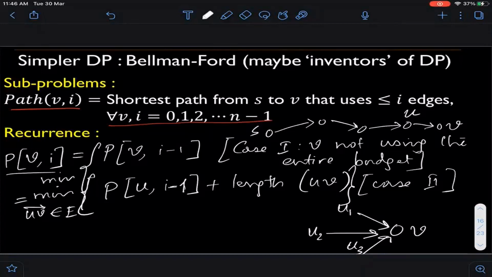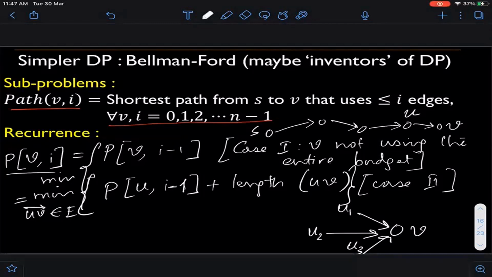Right? Okay? So now I have been able to effectively write a proper recurrence, because the subproblem sizes are going down. And what is controlling that fact? This parameter I. Remember, without this I, we had no way of controlling that the size of the subproblem is going down. That said, let me tell you, there is also a way to design a similar algorithm using just one parameter, but that's way more complicated. It's not as simple as this. And this is the original formulation by Bellman-Ford.